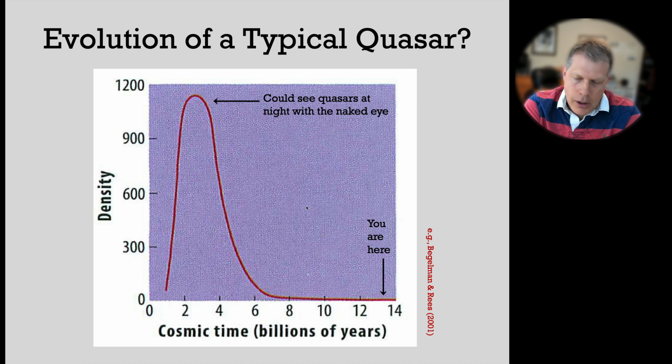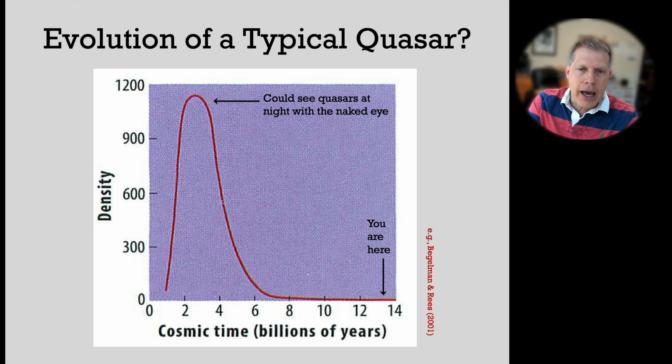Okay, so another point which you want to then understand is, well, is this overall curve of the evolution of the quasar population indicative of the evolution pattern of a typical quasar, or is something more complicated going on? And the answer is that we do not think that this overall evolution curve is indicative of the behavior of a typical quasar. That is, we don't think a typical quasar lives as a powerful quasar for a period of 2 or 3 or 4 billion years,